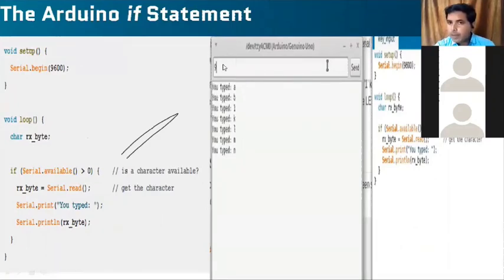And if I type KLMNOP continuously, it won't display KLMNOP together serially. It will display one by one: first K, L, M, N. And if I type 9, it will display 9. For this, what do I have to write? I have to use the if statement.